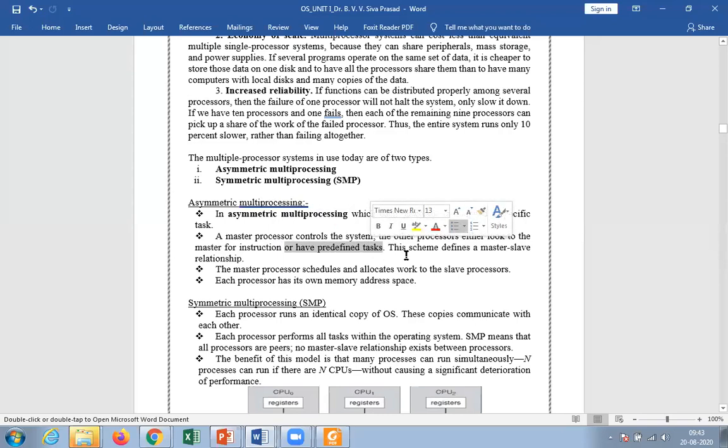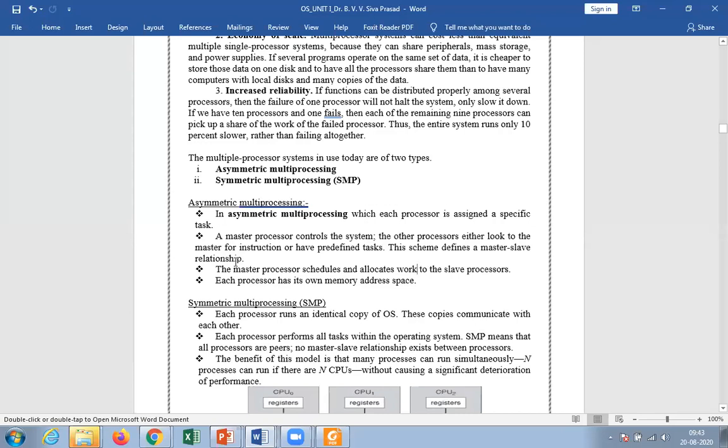So this scheme defines a master-slave relationship. In asymmetric multiprocessing, there is a master-slave relationship, nothing but owner and slaves. The owner gives instructions to those slaves. Depending on the owner's instructions only, these slaves are going to work.